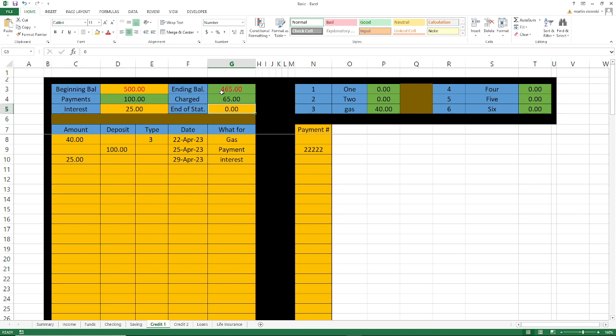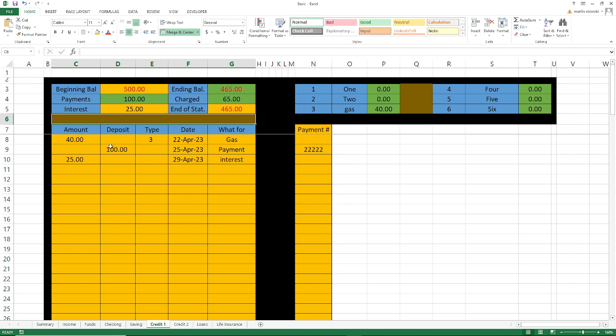Let's say at the end of the statement it was 400 and negative 465, because as you can see, when the end of the statement is, the bank will roll into a different statement, and if you need to correct something, they'll give you where it's at. So it helps you out a little bit,